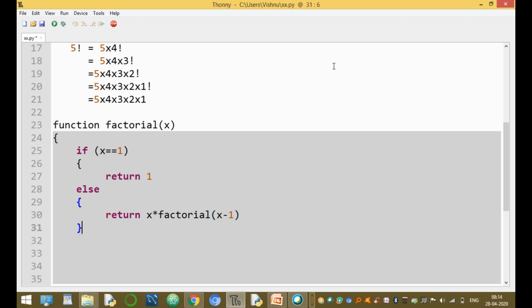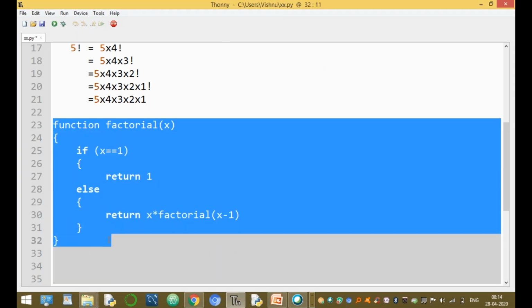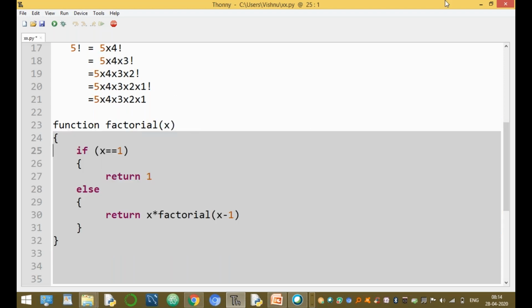The function calls itself: within the function body, we call the function once again. This concept is called recursion. It's a simple recursive function in JavaScript. I will run this immediately using the script tag.